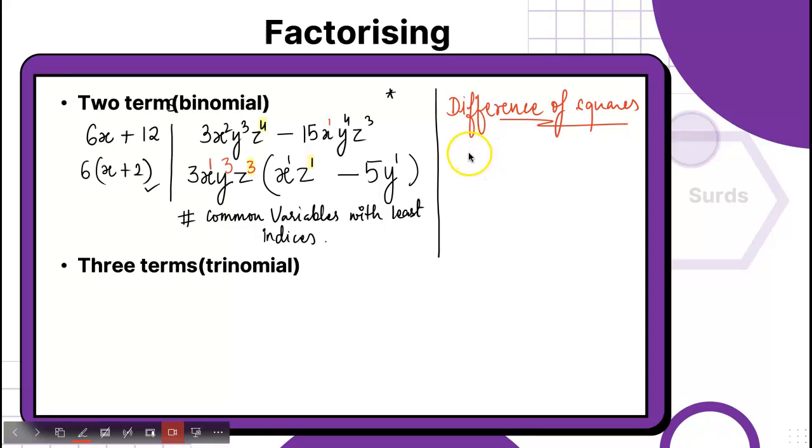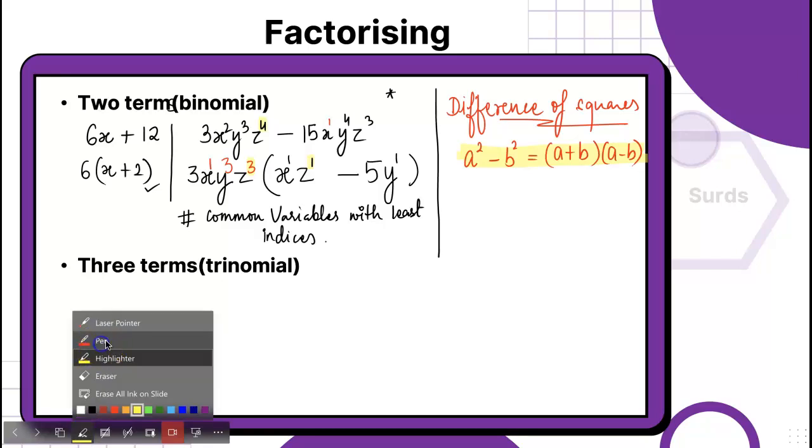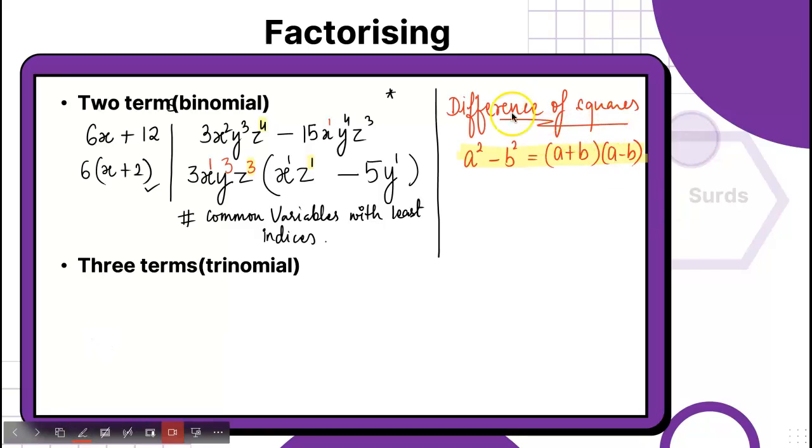If I say it is a squared minus b squared, where a and b are numbers, this is the square of both the numbers and the difference. So what can we write? We can write it as a plus b and a minus b. This is a very important property that is going to help us in surds. The next lesson is about surds only, so if we are clear with this, surds are going to be very easy.